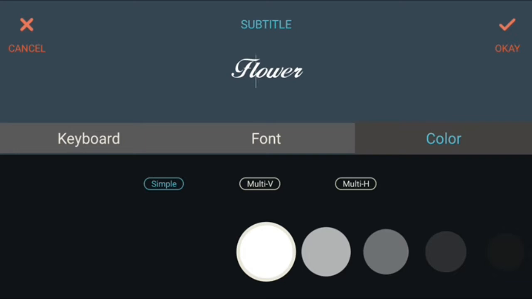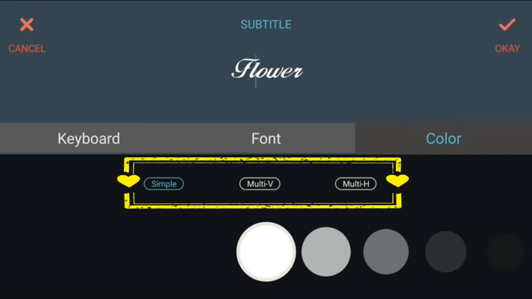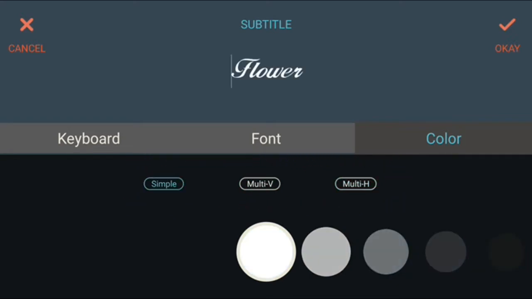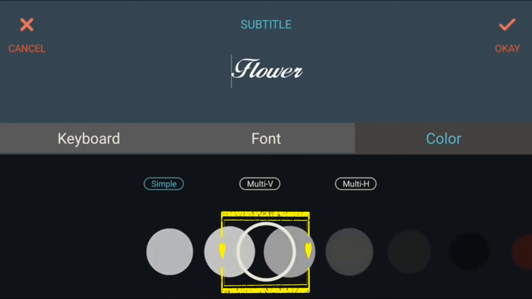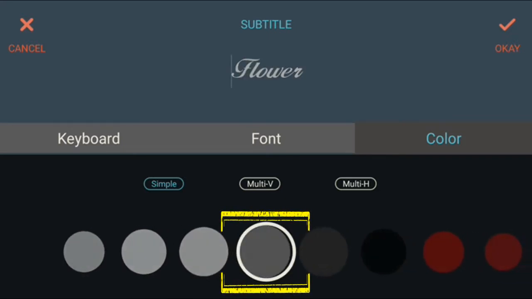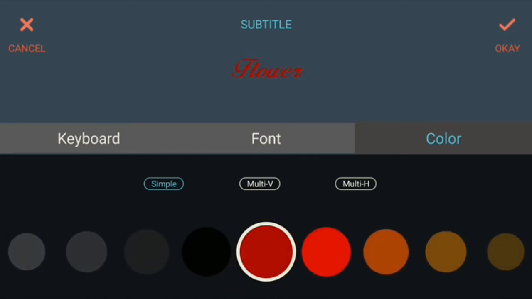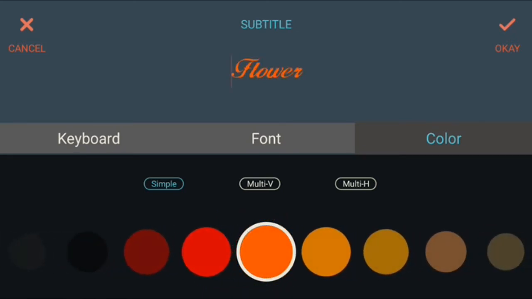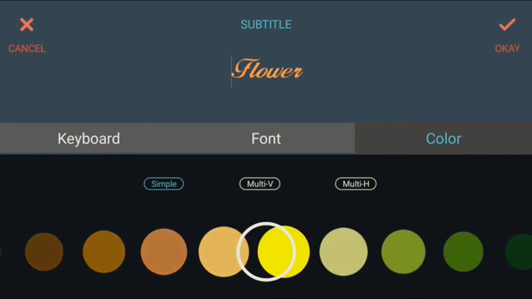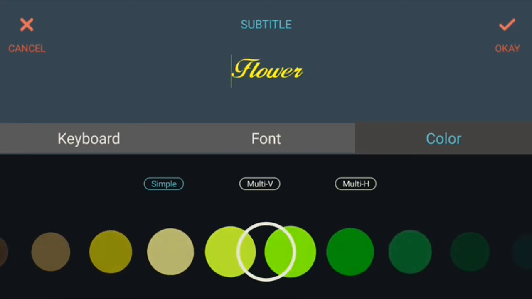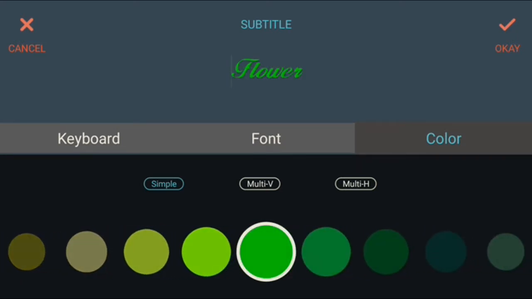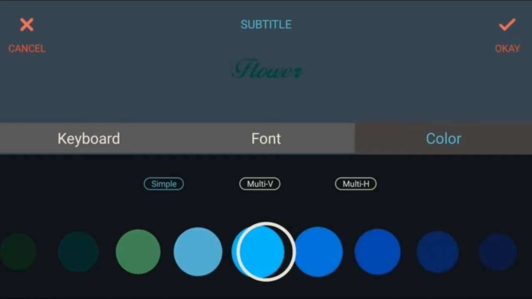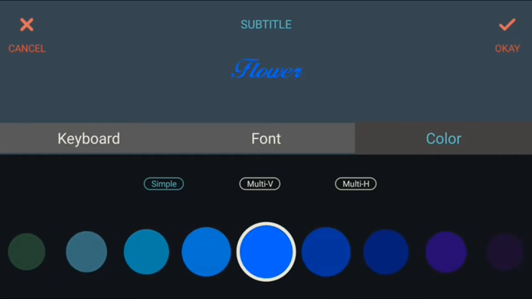So there are three methods: simple, multi-vertical and multi-horizontal. In the simple, whatever color that comes in this circle will be the color of the text. For example, red, orange, yellow, green, blue.